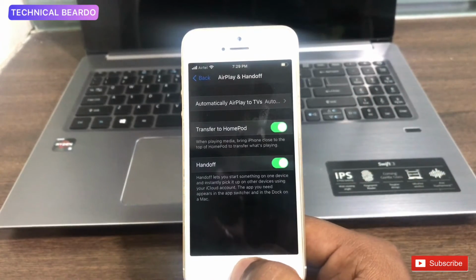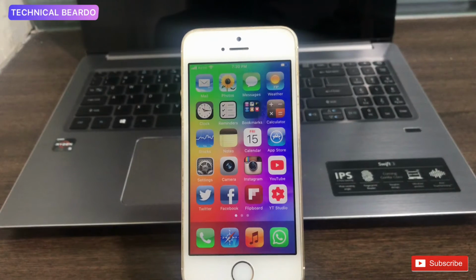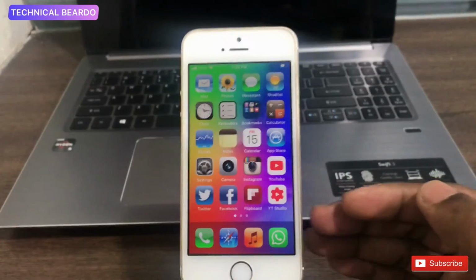Now if you do this same thing, there is a new UI that will notify you about the transfer. Whenever there is a transfer of music between devices, it will notify you with a beautiful UI, and it is also said that it has improved the transfer speed and the function is working really good and smooth. So guys, until now these are the only two features visible on your iOS devices with the latest update, iOS 14.4 beta 2.